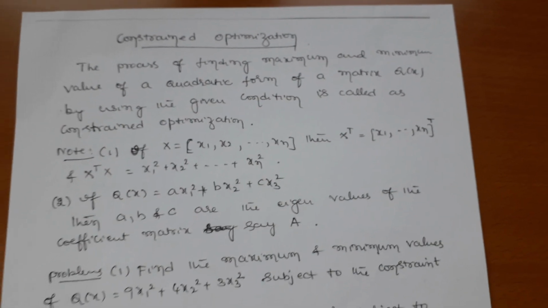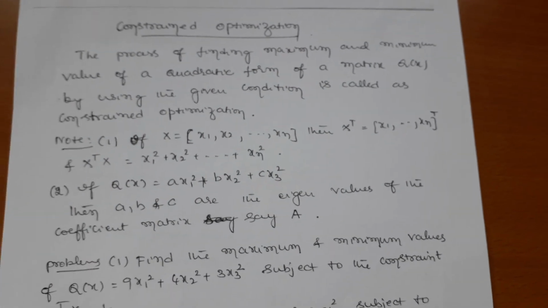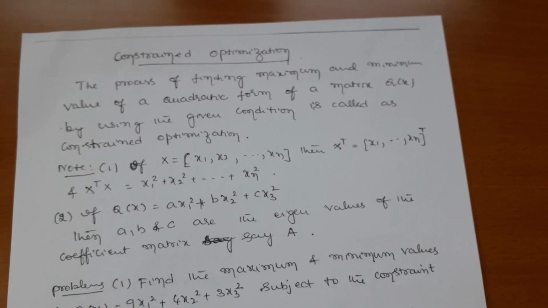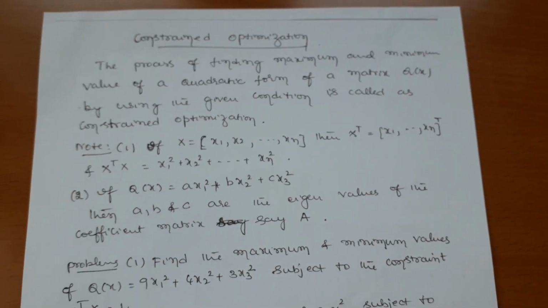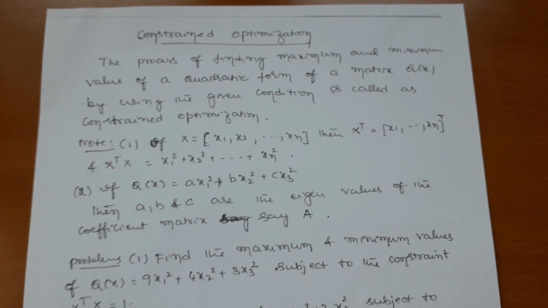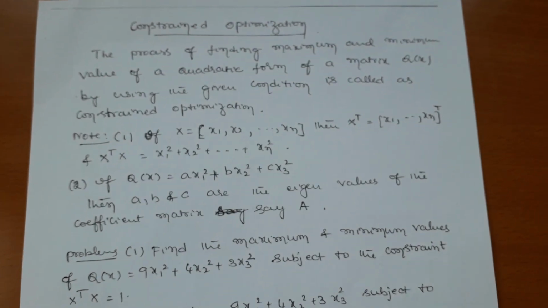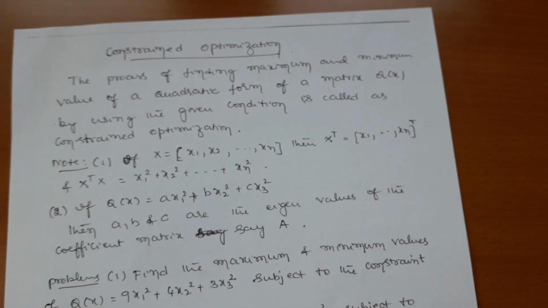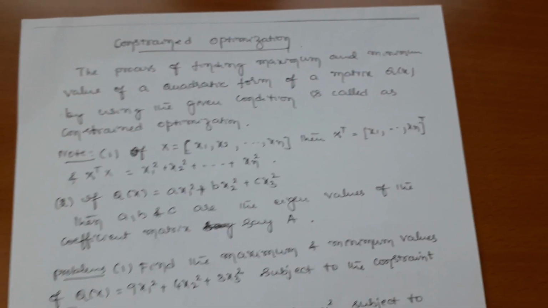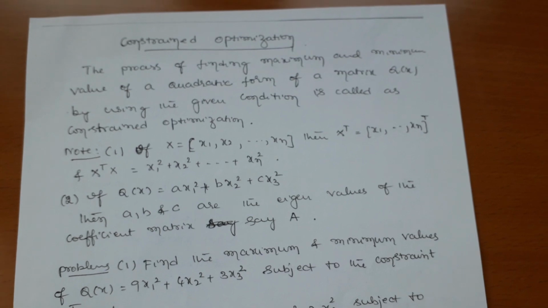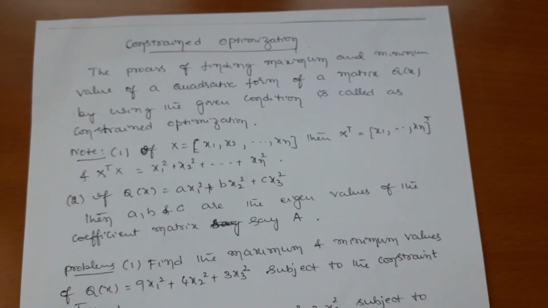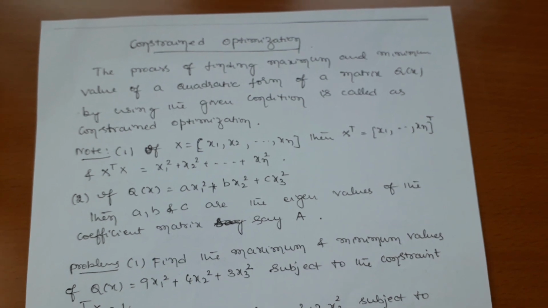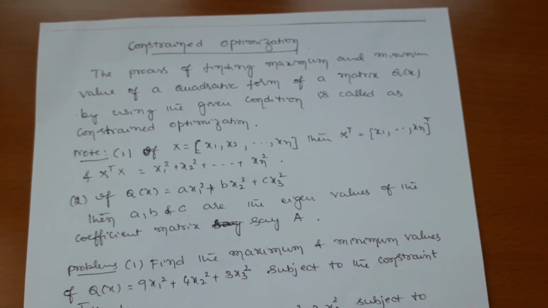If you want, open your model paper or past question papers. Please try to understand optimization. You already studied optimization in differential calculus in engineering mathematics. You already know how to find the maximum and minimum for one variable, for two variables, and after that for more than two variables. That method is called Lagrange's undetermined multipliers.